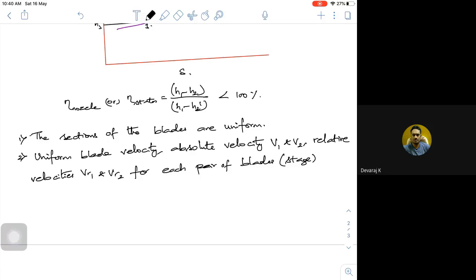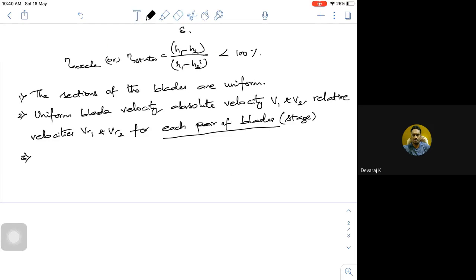This is very important. What we saw in the previous case of a velocity compounded impulse machine is that those factors used to get reduced. Even though my blade speed remained the same, the velocity triangle of the first row, then the second row, then the third row used to get smaller. But in this kind of machine, the energy in each and every row remains almost the same. That is the major difference, and that is one particular reason why we go for this kind of machine.